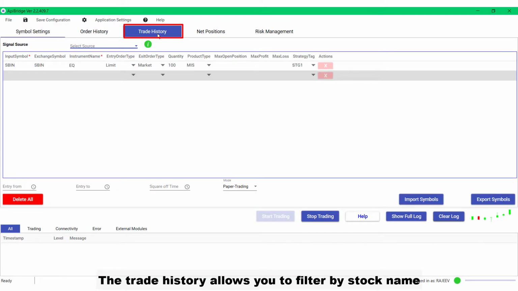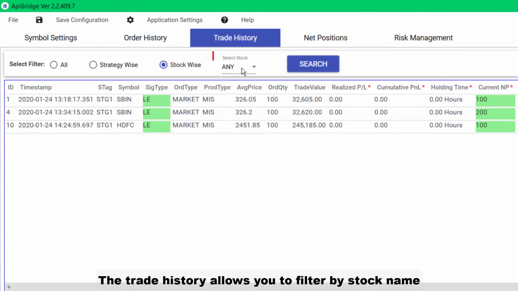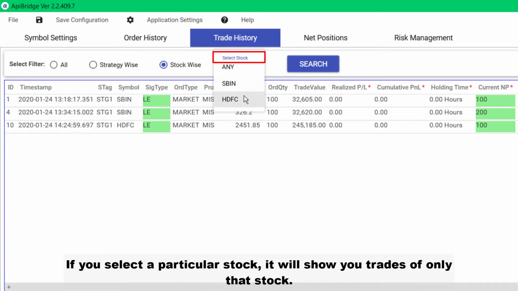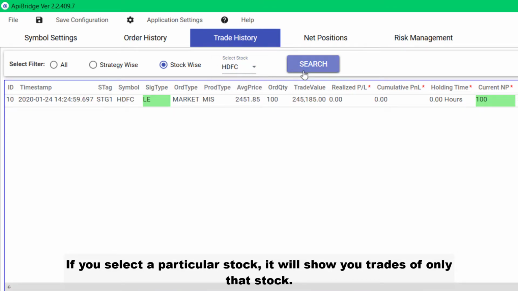The trade history allows you to filter by stock name. If you select a particular stock, it will show you trades of only that stock.